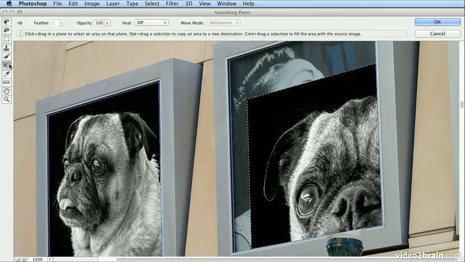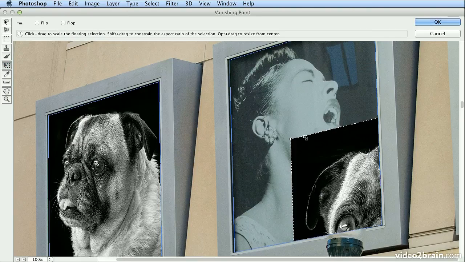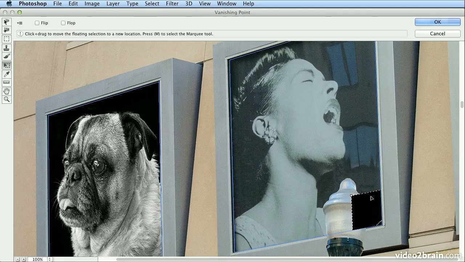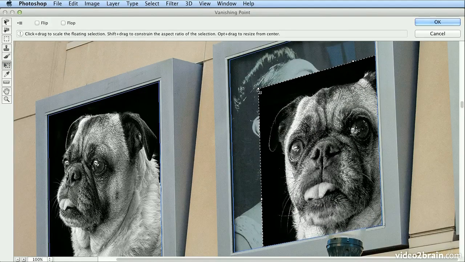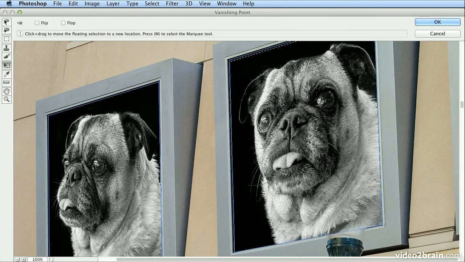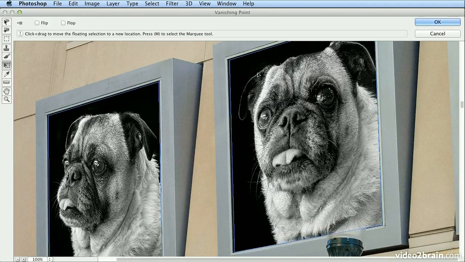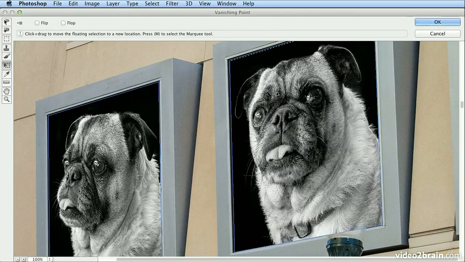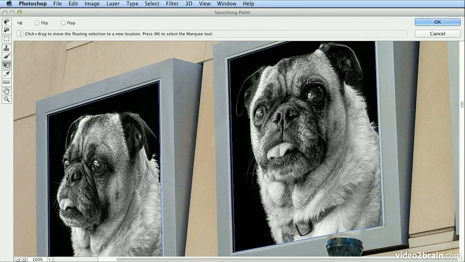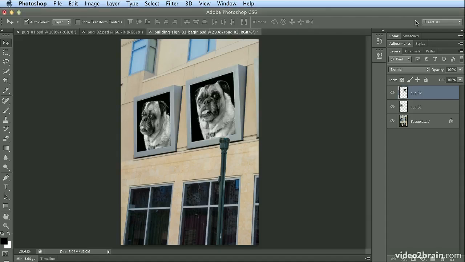So I'll go to Transform, hold down Shift and make sure I see the stretch arrows, and always let go of your mouse first when you use a modifier key like Shift. Excellent. I'm going to maybe scale him down just a hair more. And we'll imagine this is the singing pug who sings the blues. There we have it. So you could apply adjustment layers to make this look more realistic, but this has been